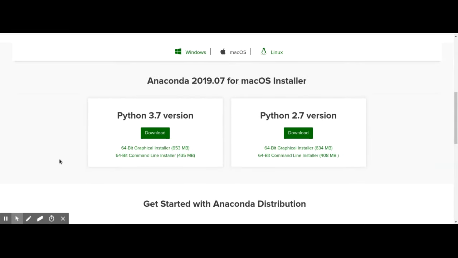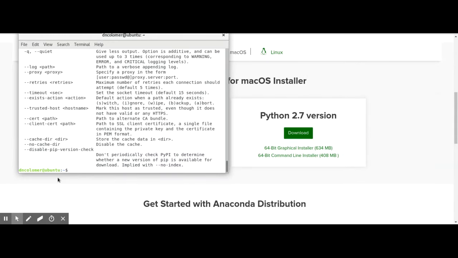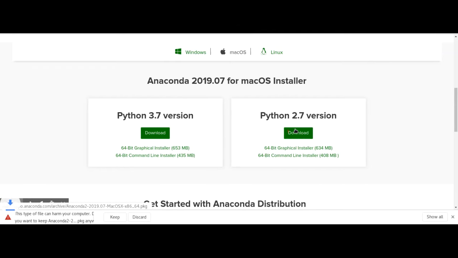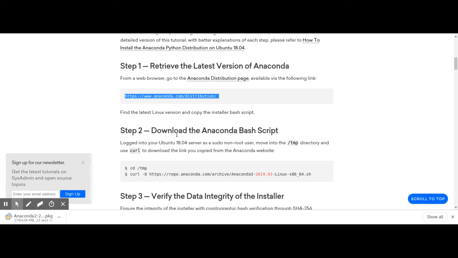Python. What Python version do I have? Python version. Does this work? 2.7. Then let's download this one, and then we are going to